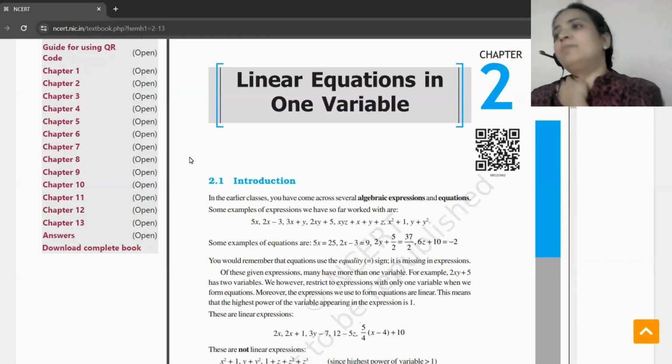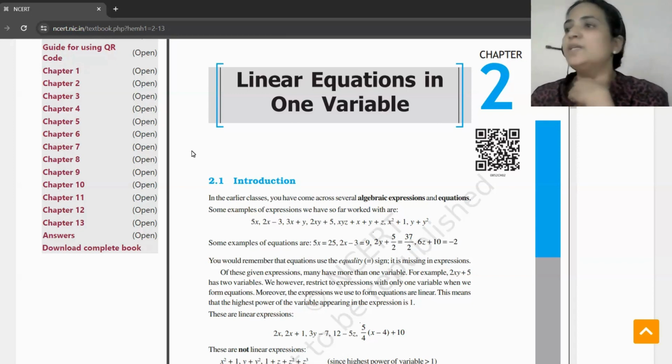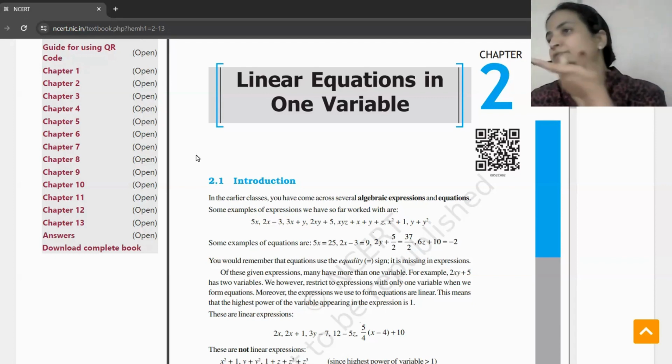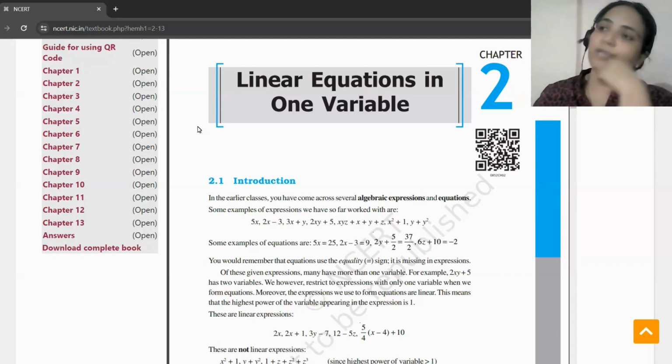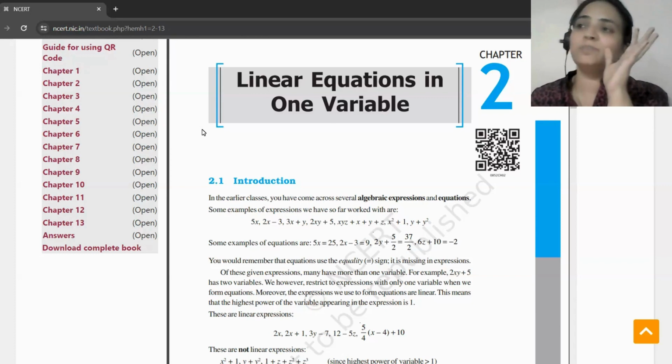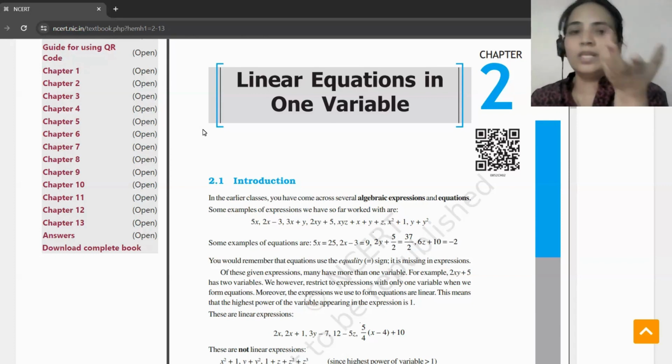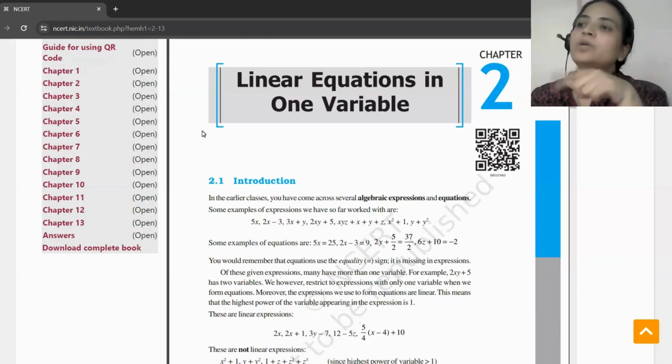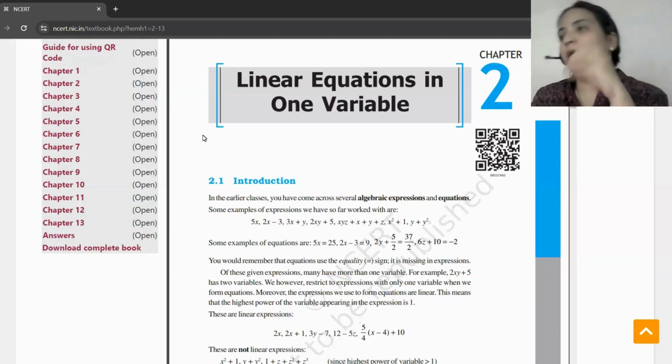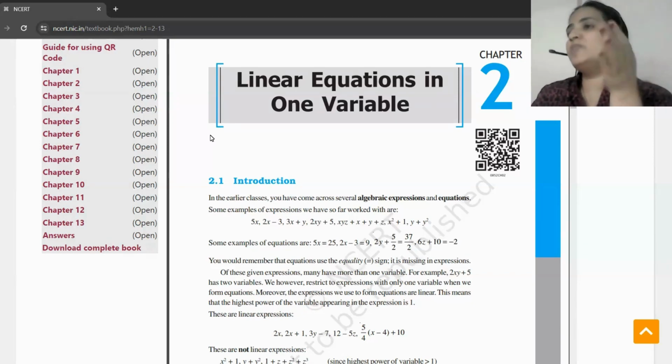So we are starting with chapter number 2, that is linear equations in one variable for 8th class. We have finished the first chapter, the NCERT. We have finished the exemplar. We have done an assessment. Very well done. Going with a nice speed. Now we are going to start a new chapter that is a part of algebra, linear equations in one